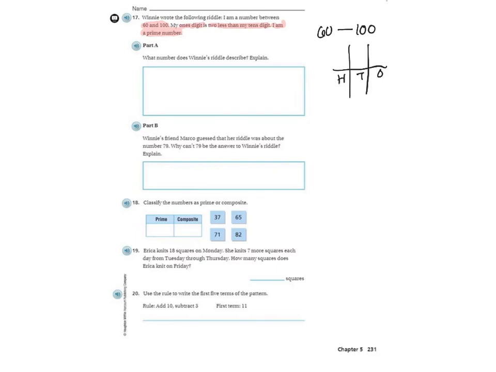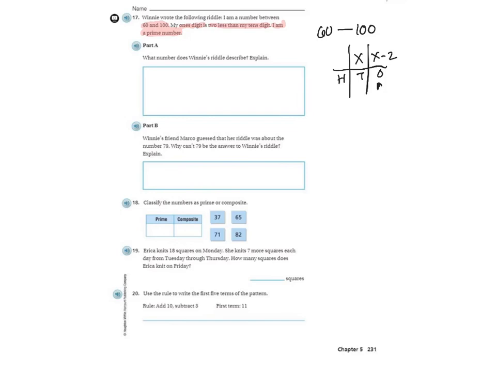If my tens was x, then my ones would be x minus 2. For those that have no idea what I'm talking about, that's okay. Some of you may have been exposed to this. But this is just me saying, I don't know what my tens digit is, but whatever it is, my ones is going to be 2 less than the tens. And I'm a prime number. So there's a cool way to do this. And you just start with